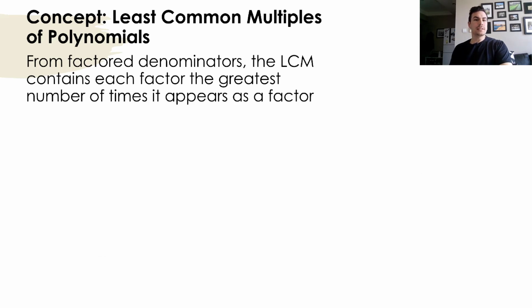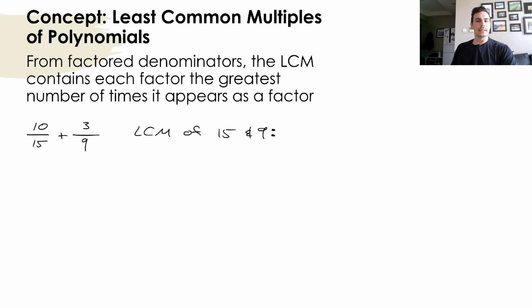Okay, first things first, least common multiples of polynomials, right? So when we factor our denominators, our least common multiple is going to contain each factor the greatest number of times it appears as a factor. Now, if you guys remember here, we've got our 10 over 15, and if we add 3 over 9 to that, you can find the least common multiple of 15 and 9, those are our denominators, right, by